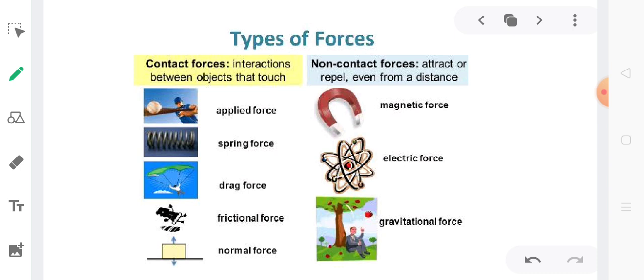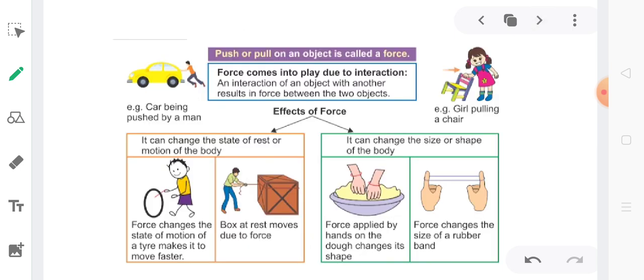Now, after that, we have studied about the types of forces. Now, we will study about the possible effects of forces. Now, I would like to tell you one thing. There is something that you should remember. Force always tends to bring about a change, or rather, I should say, it always tries to bring about a change. Now, there is no such compulsion that whenever we are applying some force on an object, there should always be some kind of a change. Force is always trying to bring about a change.